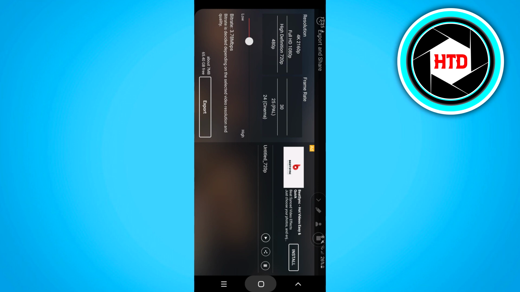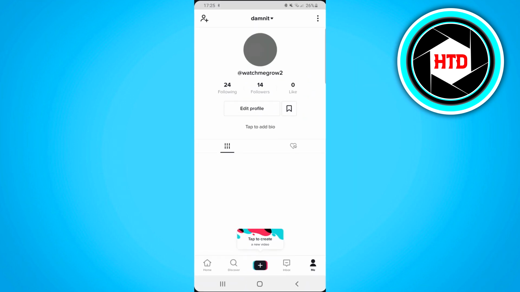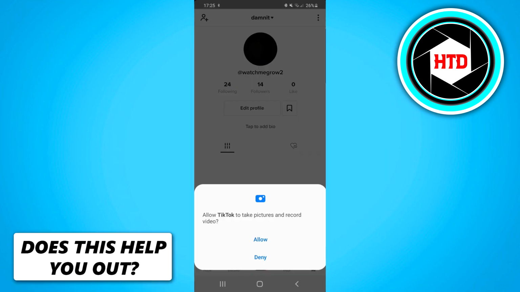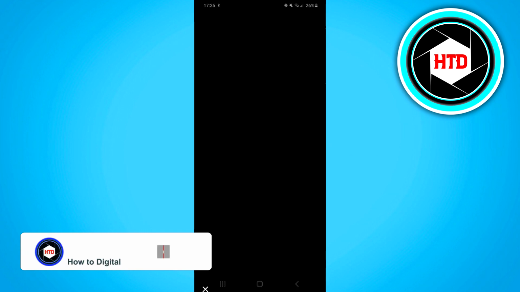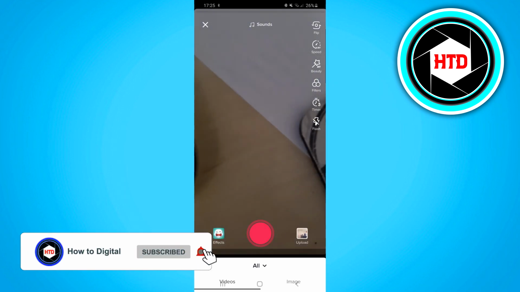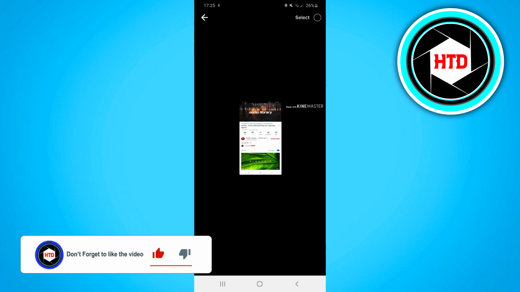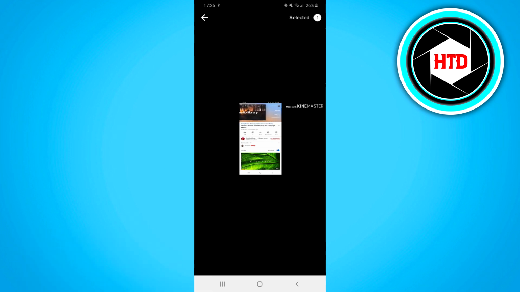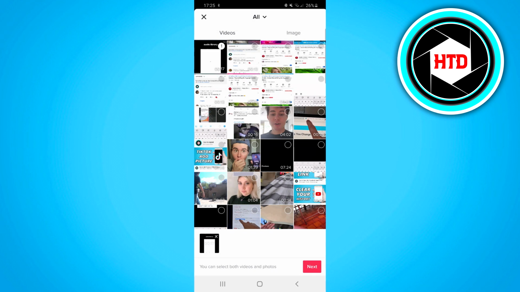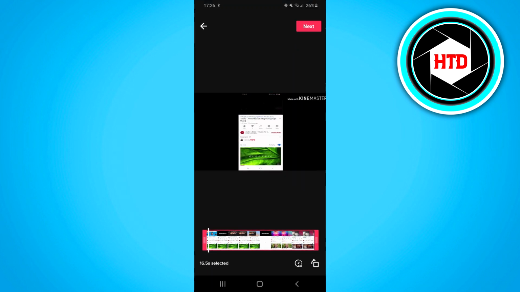And that's all we need, because right now once you have the clip, you can go to TikTok, you can click on the upload icon. I'm just going to allow access. There you go. Click on upload, then click on the clip that you just made. Here it is. I'm going to click on select, if that works. Let's see. There you go. Click on next, and there you go. So right now we have this clip.